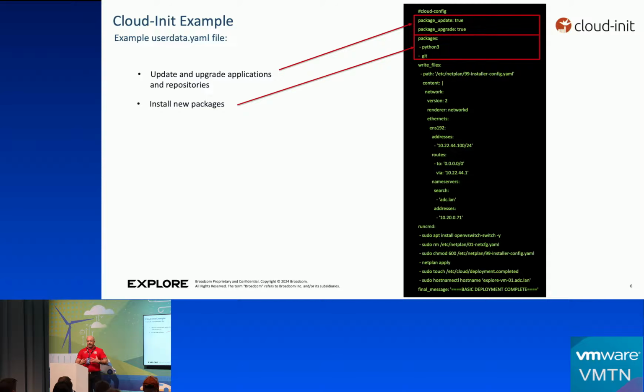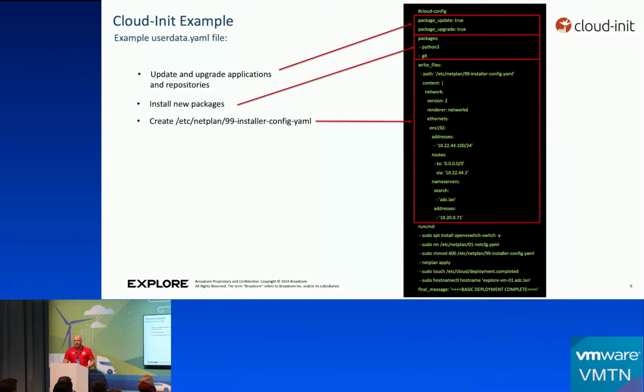The packages section installs packages. In this case, it installs Python and Git. Doing it this way uses the built-in package manager to install the application. The write files section enables us to create files and content during the Cloud-Init run. In this example, we create a new IP configuration file for NetPlan containing our static IP configuration that we want to apply to the server. This will create a local file called 99-installer-config.yaml in the